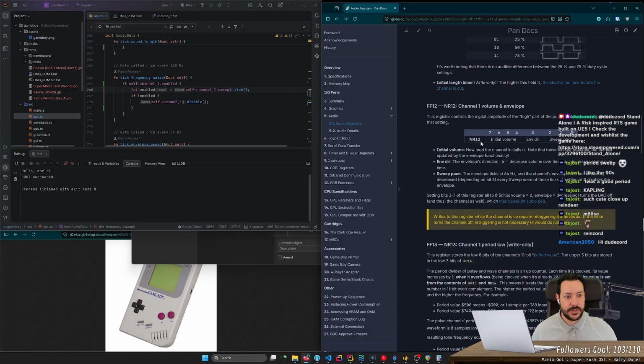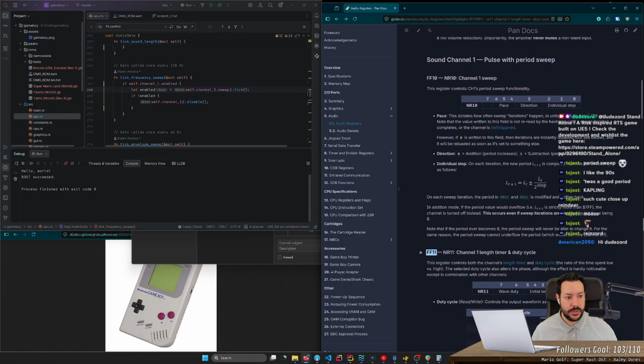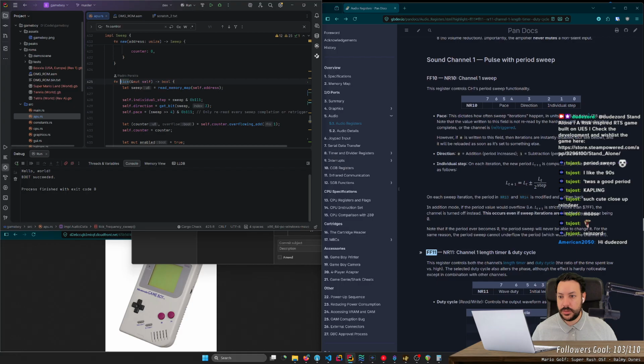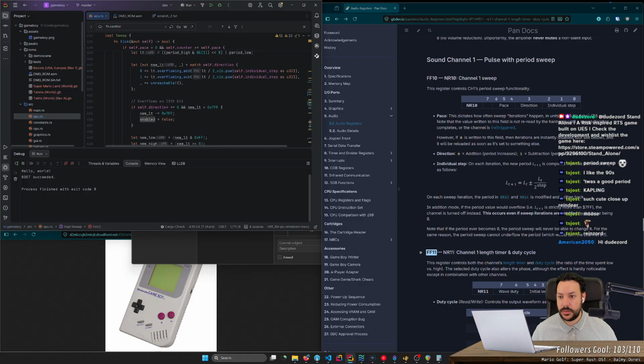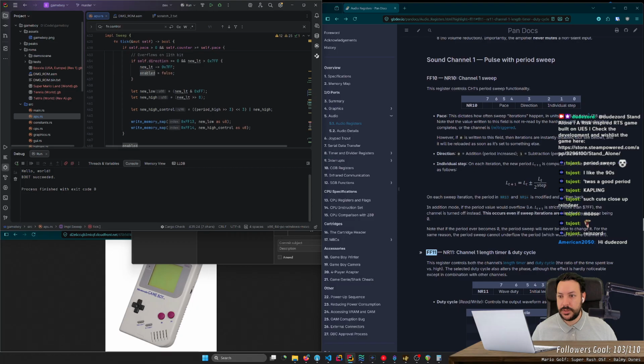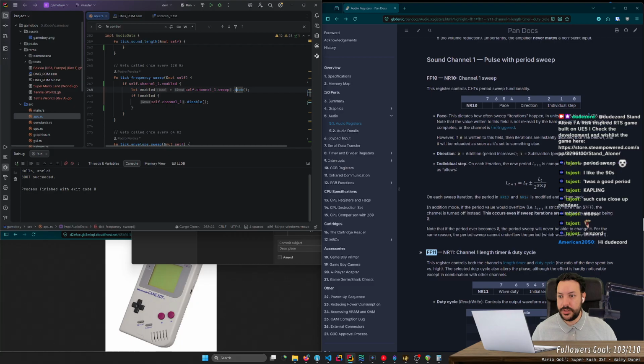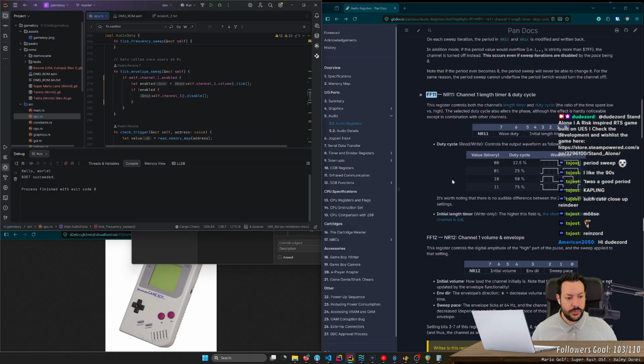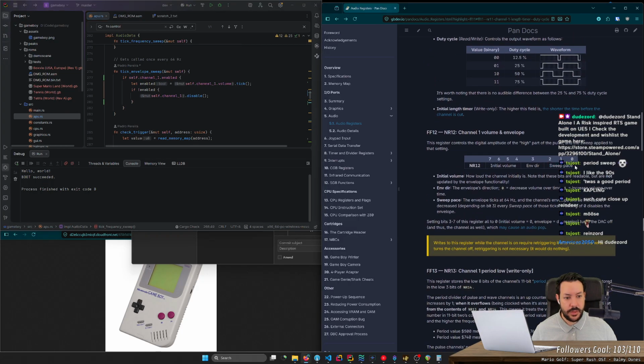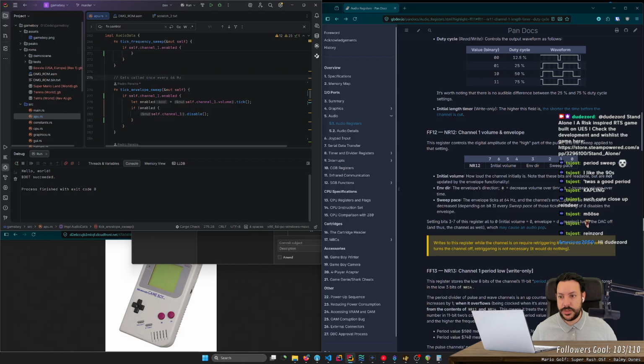I mean, in this case, the sweep is disabled. You know, because pace will be 0. So this doesn't matter that much, because pace will be 0, so we'll never enter here. But then we have the volume stuff here. With duty, sweep pace, 3 ticks, 64 Hz.